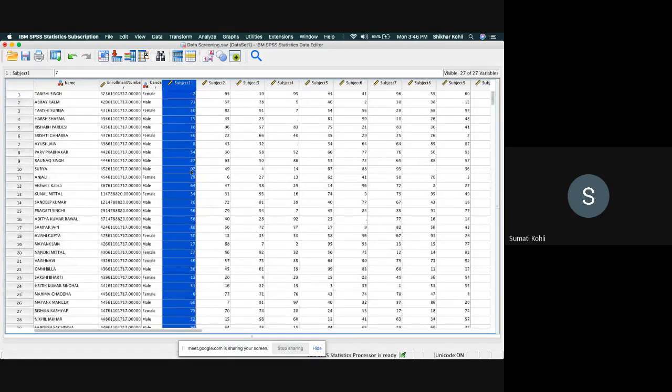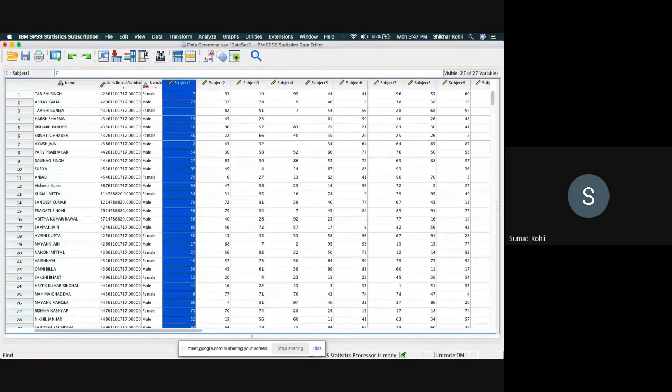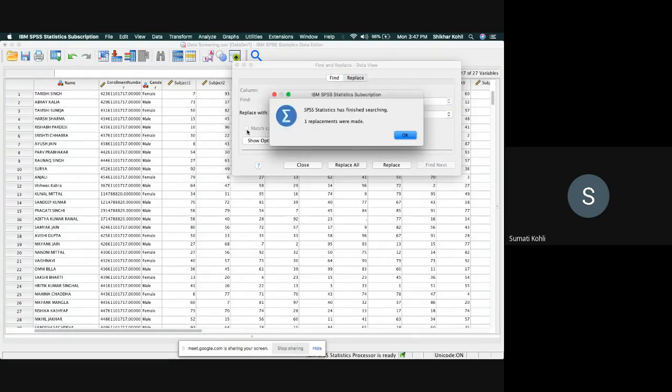Right. So what you have to do is, rather than clicking replace, you have to click on replace all. Let me just show it to you one more time. So this was our subject number 1. I selected subject number 1 and I click on this and then I can do replace, right? And SPSS is going to find wherever the dot is there, right? And 49.78 was our average. So you can click on replace all, okay?